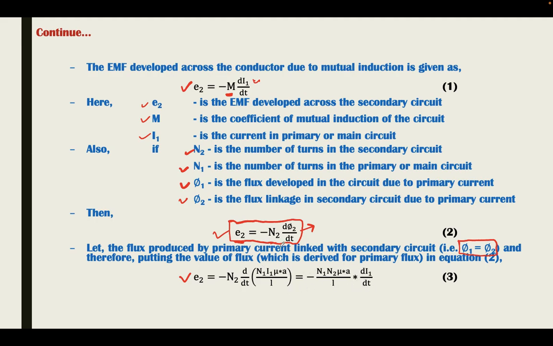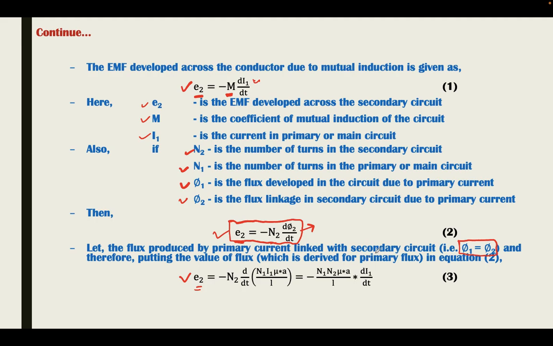Earlier, in the case of self-induced EMF, it was N squared, but in the case of mutually induced EMF E2 it is N1 into N2, whereas I1 will remain the same